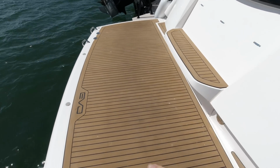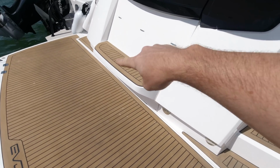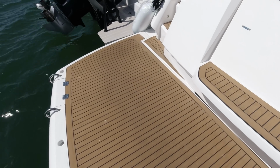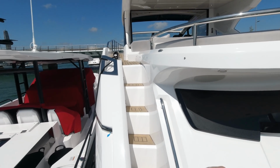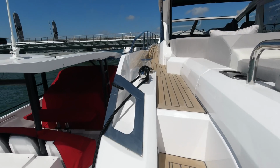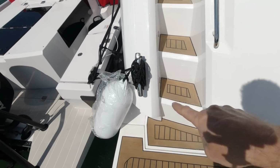As we come on board here, we've got a large bathing platform capable of taking something like a 3-seater jet ski on the back. We've got a little moulded in seat here. The decking is all synthetic, so this is a very hard wearing surface, steps up both sides, so access up onto the foredeck. And we've got part of the Mediterranean premium pack. We've got stern docking winches at the back here, an additional set of cleats down the bottom here to do the spring lines,